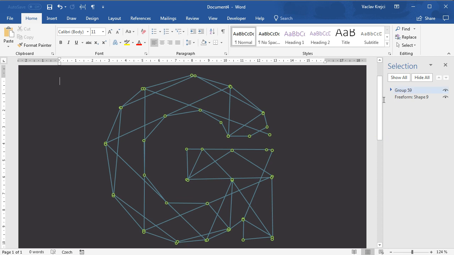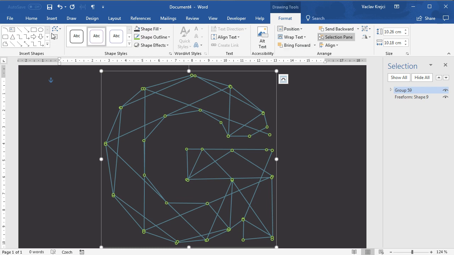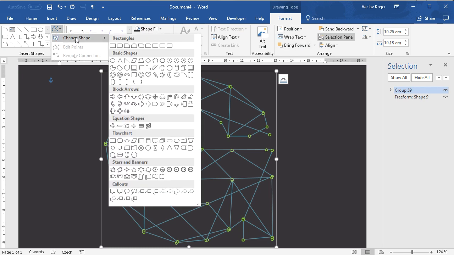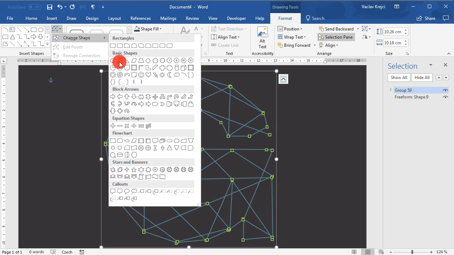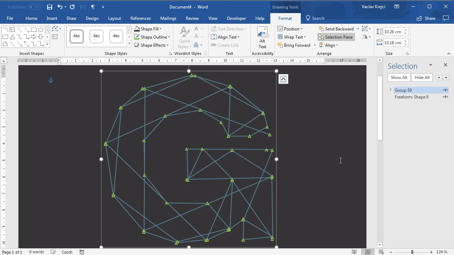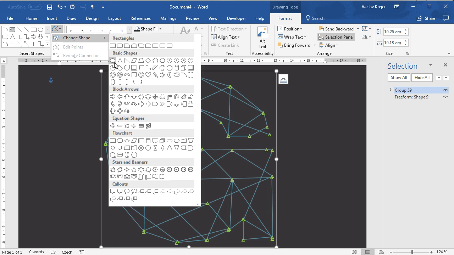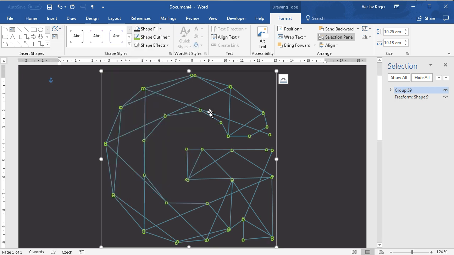It doesn't have to end here. If you want to have different shapes instead of ellipses, we can still select the group and use a function change shape. We can change it to whatever we like. We can change it to rectangle, or we can change it to maybe, I don't know, a triangle. I don't like this one very much, but maybe you will find a usage for different shapes than just a rectangle or a circle. Maybe it would be nice to change this to hexagon, but straight away it doesn't look